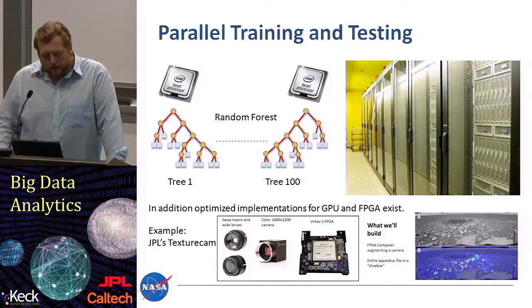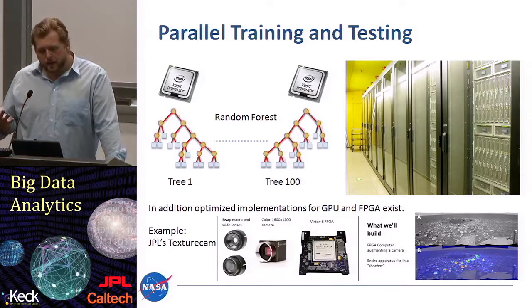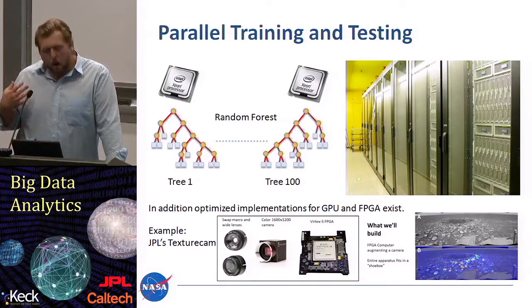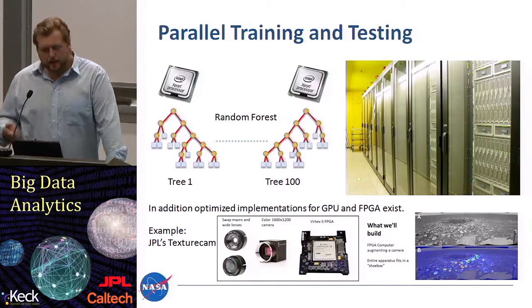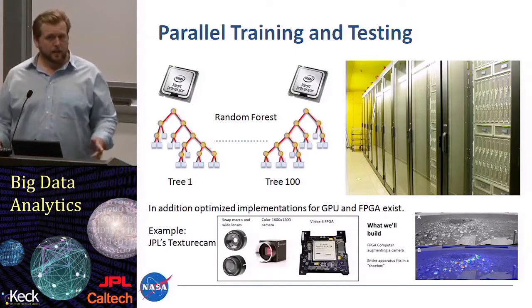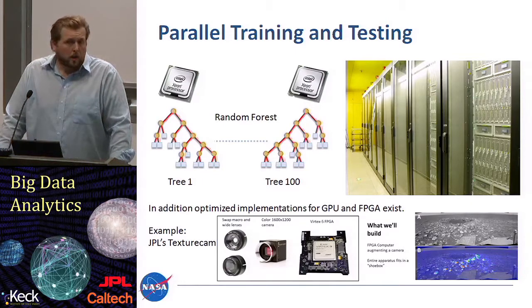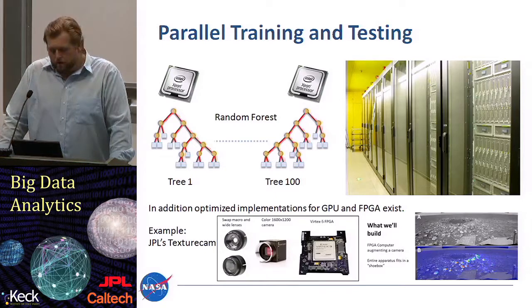So the goal here is to really have a camera together with the random forest algorithm on an FPGA, so all the processing is done at once, and this science instrument actually gives as output a texture classification of a scene, which then can be used for autonomous driving or for detecting